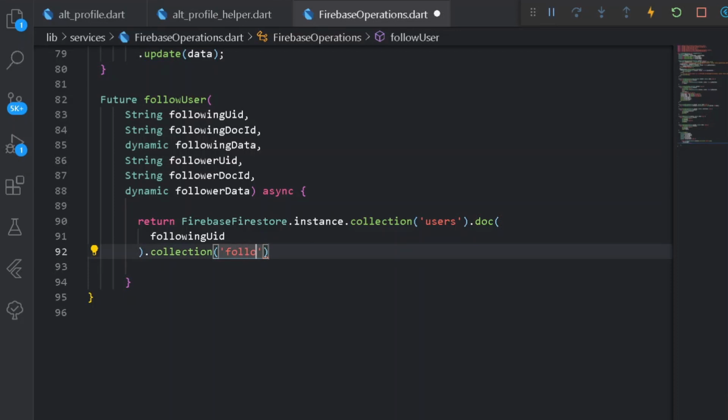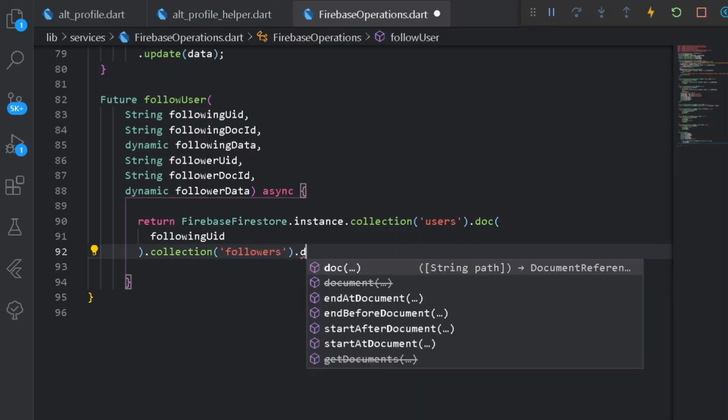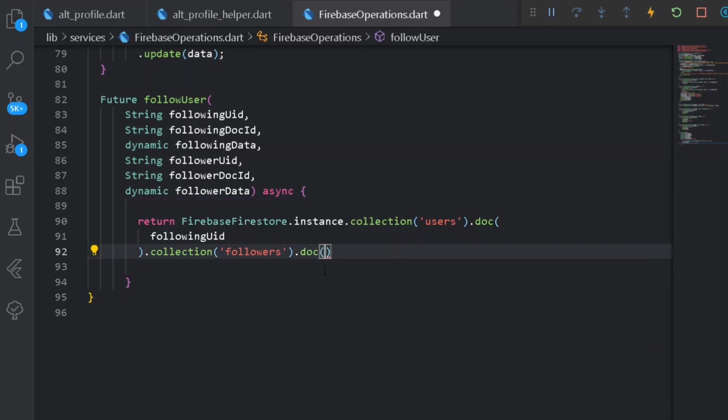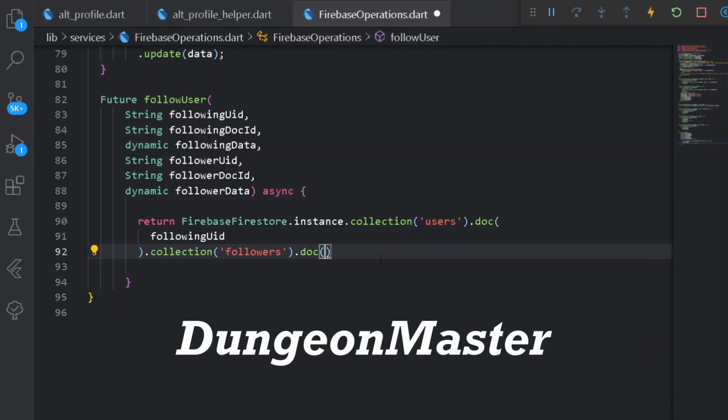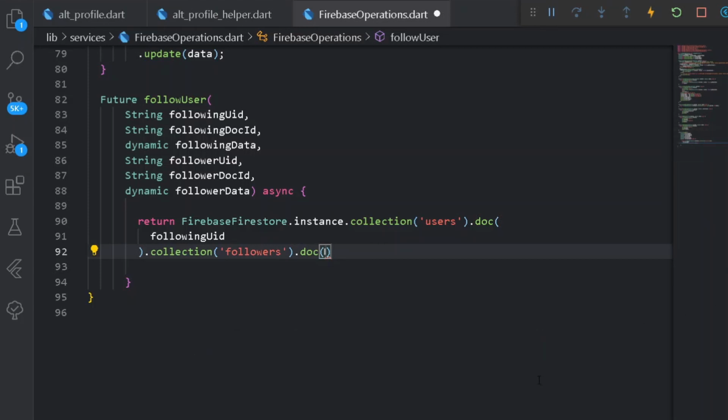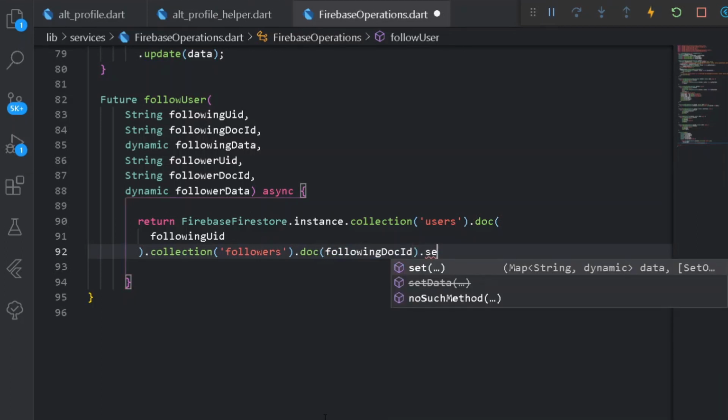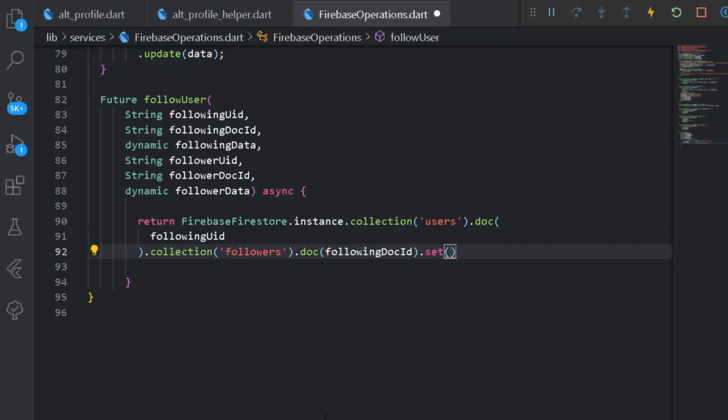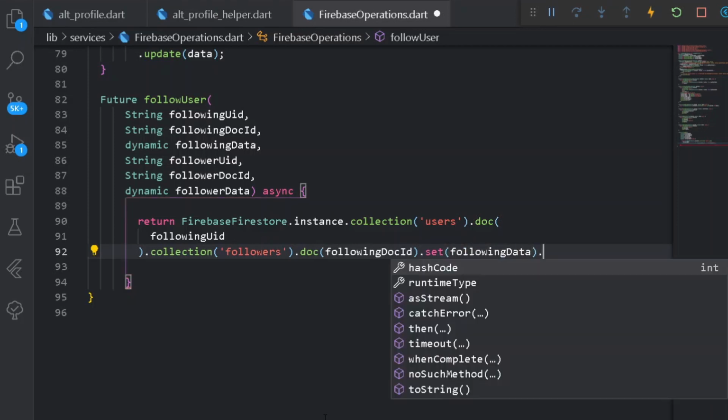So here let's have followers, and after having the particular collection of followers, I shall be having a doc, and the following document shall be containing the user who is following Flawless Hero, who is nothing but a Dungeon Master. So for that purpose, here I will be writing following doc ID, and after that I will be simply setting all the data so that the user won't be able to follow the particular user again and again.